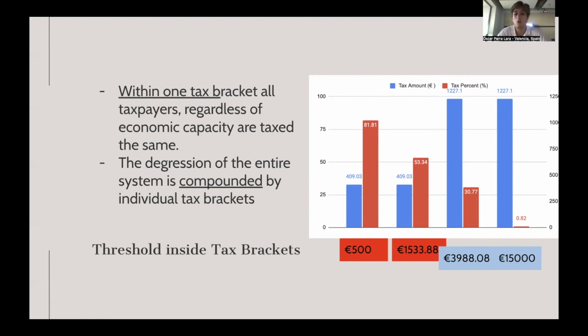While if you look at the other end of the spectrum on the highest tax bracket, I selected 15,000 because that's what the court thought was a reasonable highest tax bracket amount to have as a secondary residence. If you look here, the minimum amount in that tax bracket is a little under 4,000.